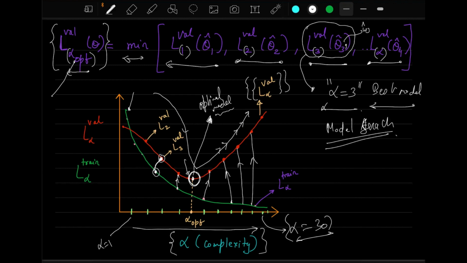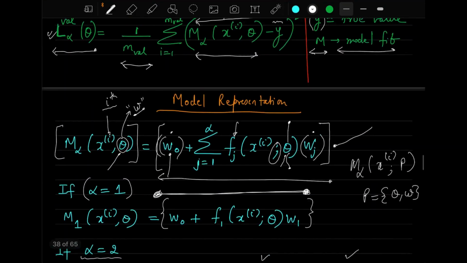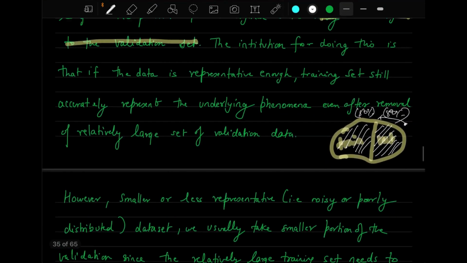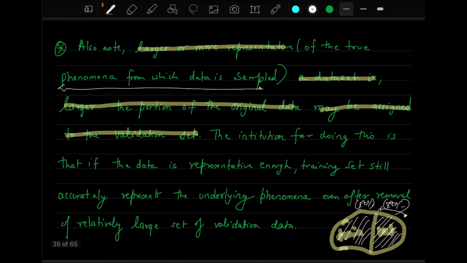If you have a small data set, it again depends on the situation which I have discussed here. You have to see how to bifurcate that data into training and validation. You have to be very careful in doing that, because for smaller data sets, the training images that you take from that data set may not be representative of the complete probability distribution that you are seeing. So it is tunable, and alpha will change because of the size of the data set.